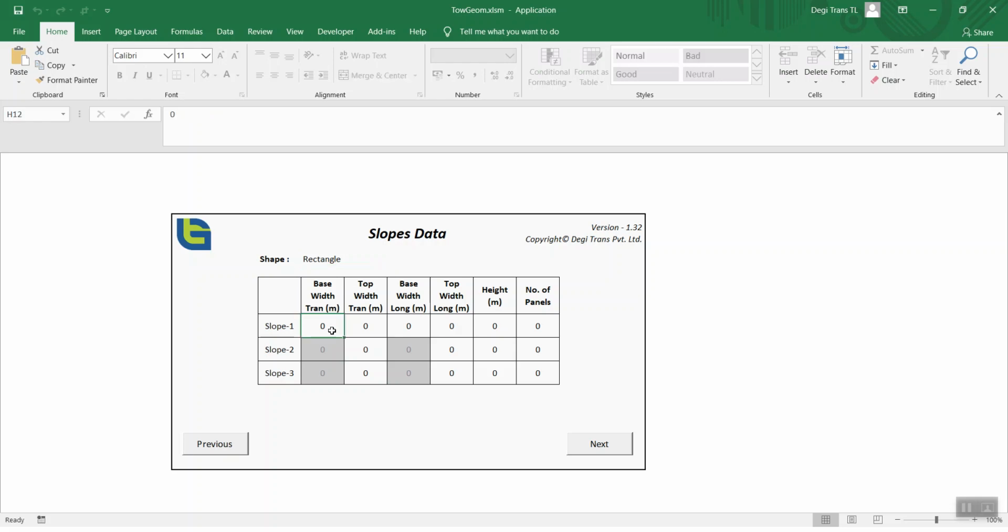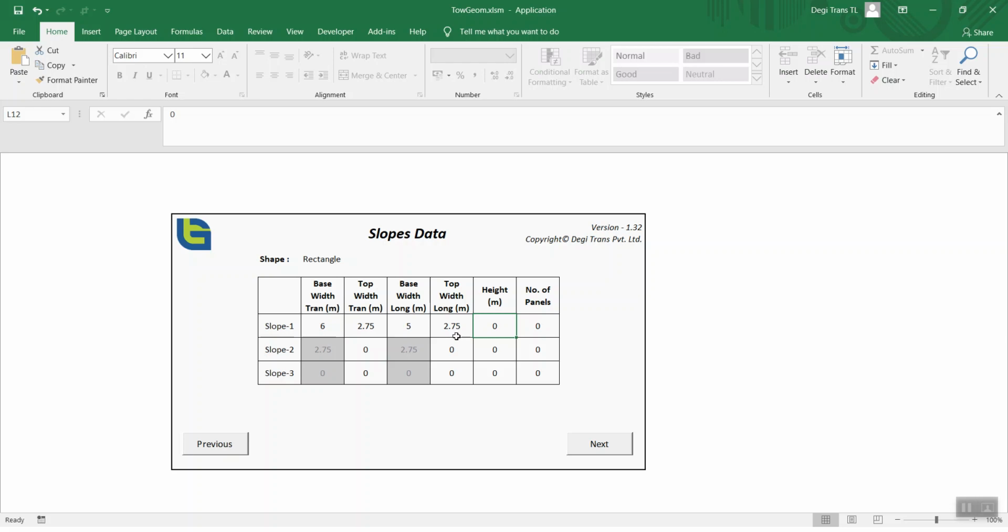From the dimensions of the tower, I am specifying the base width as 6 meters and the top width as 2.75 meters. Similarly, the base width in the long direction I am specifying as 5 meters, and the long width of the first slope at the top location as 2.75 meters.